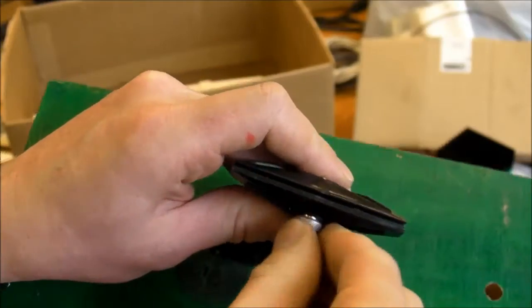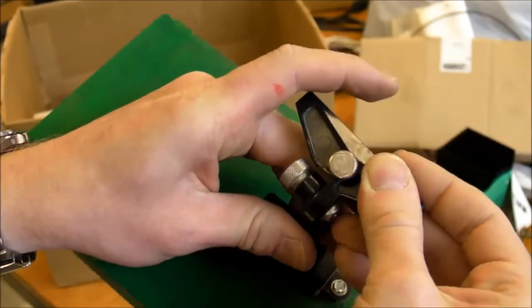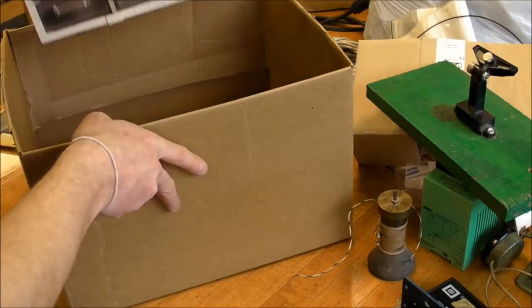Awesome. And here we got some kind of a wooden base with something. Oh, I guess it's a circuit board holder. So there you go. You just clamp your circuit board in here while you're working on it, put it on a nice angle. Very good. And the last thing in this box,